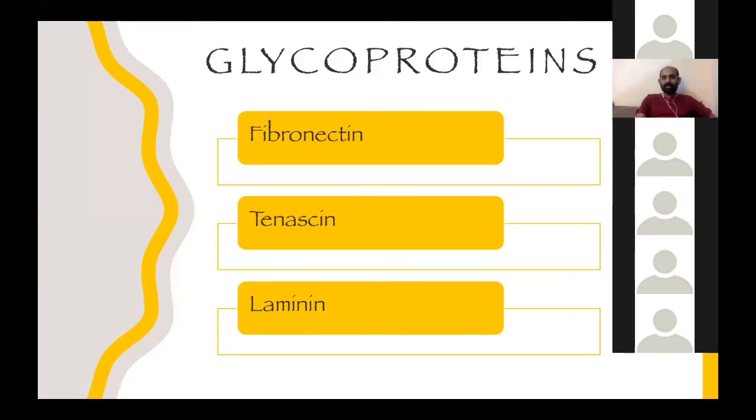In a nutshell, again I repeat, the structure of a periodontal ligament is an amorphous gel that is called the ground substance. Within this ground substance, you have cells and you have fibers. This is the whole structure. The cells are called the cellular components of your periodontal ligament. The fibrous component is what is called the fibers of the periodontal ligament. And then you have the ground substance.